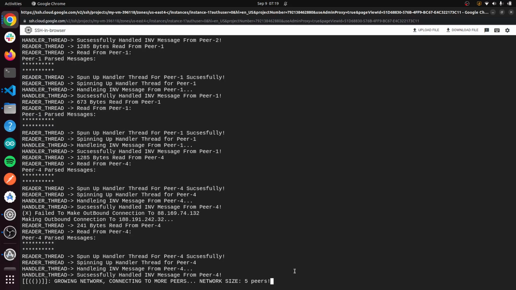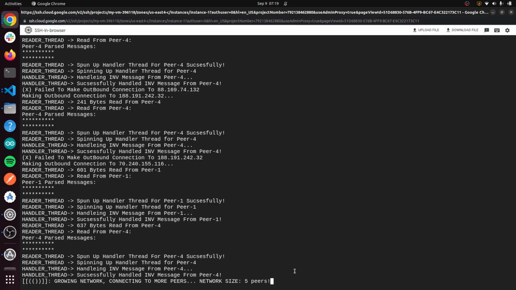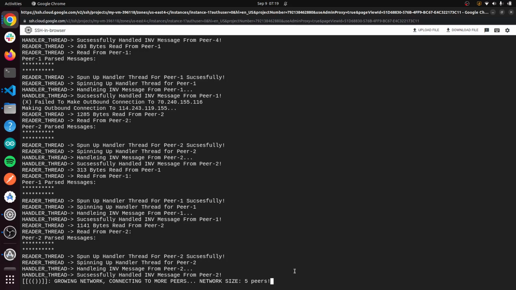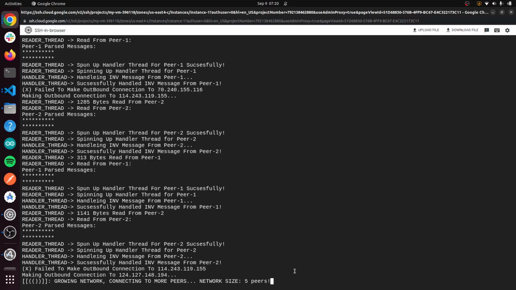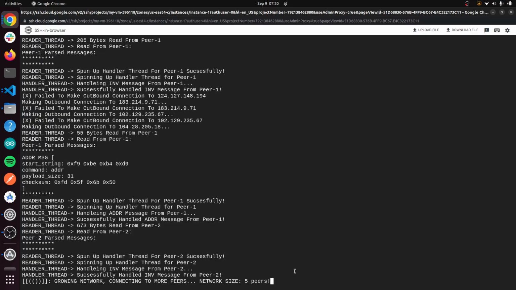But right now, I keep throwing them away because I'm just focused on growing the peer network first. So that's part of the reason I think it's taking too long, because they keep sending us these INV messages where we really just care about the ADDR messages, the address messages, which have peers on them.